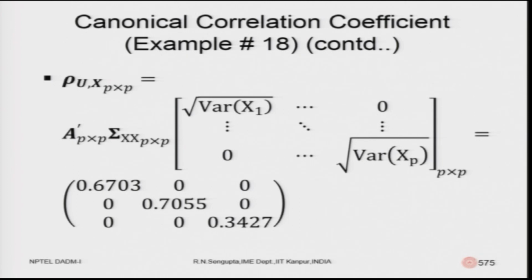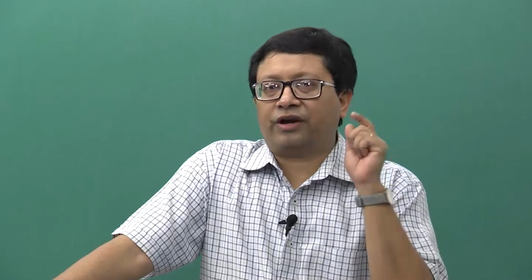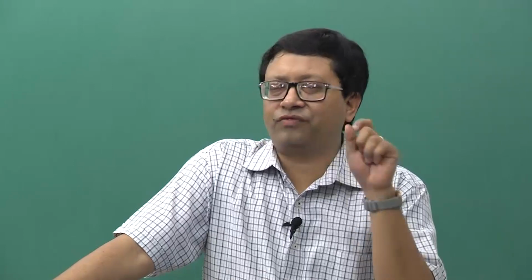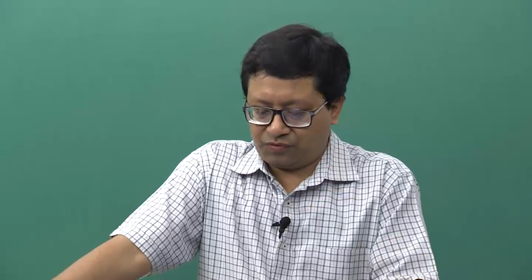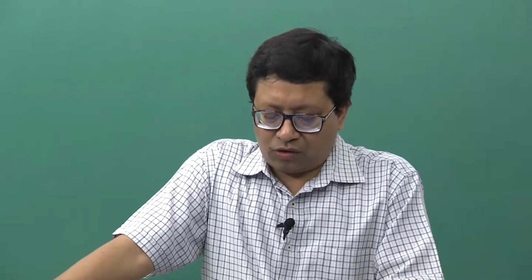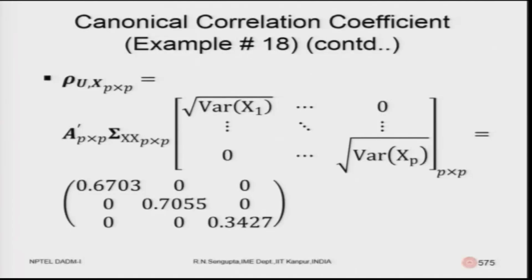Now, we will go to find out the correlation coefficients, and remember we are trying to find out the orthogonality. So, obviously, the off-diagonal elements would be 0 and the principal diagonal would be all the variances which we have. So, once we find out the actual vector of A multiplied by rho x x, the values are